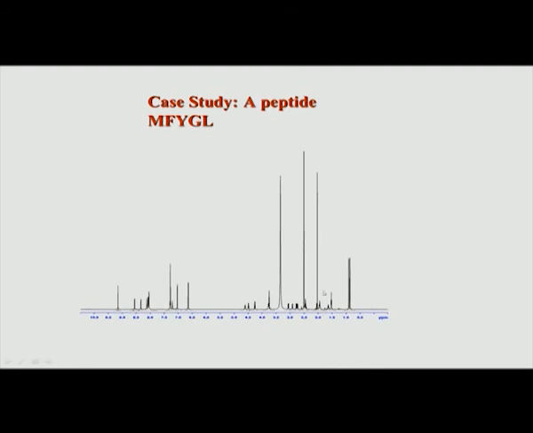Now looking at this 1D spectrum, it is not possible to assign because there are a lot of peaks which are overlapped and the multiplet structure is not clearly visible. So, we will have to use the 2D approaches that we have learnt in this class. Let us look at the different regions of this 1D spectrum. This is called the methyl region, because all the peaks belonging to methyl groups will come between 0 to 1 ppm, 1.5 to 2 ppm. What are the methyl amino acids here? It is basically leucine, and there is a methyl group in methionine. Those are the peaks which will appear here.